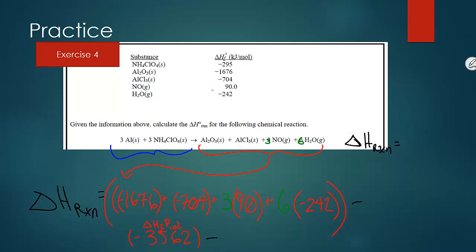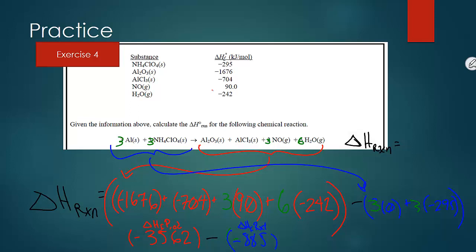So our reactants here, aluminum and ammonium perchlorate. Aluminum is elemental, so yes, while there are 3 aluminums, aluminum's heat of formation is nothing, because we are not a star. We are not going to be able to form aluminum from anything. So we are assuming that elemental substances are already formed, so their heat of formation is 0. So we're going to add to 0 the heat of formation for ammonium perchlorate, which is a negative 295 kilojoules for each mole, and again, there are 3 moles of them, so we have to take that into account. So the heat of formation of our reactants is a negative